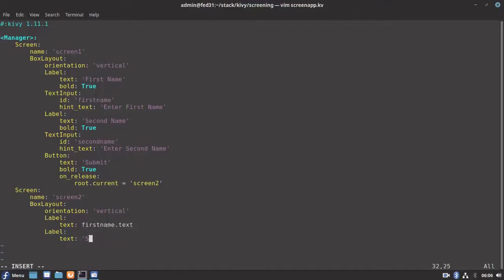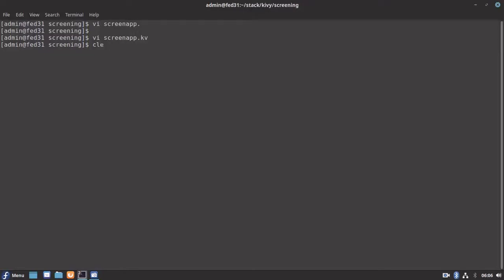Similarly for label 2, the second label, we will use the second text input instance, second name, the text. With this, in our second screen we will be able to see whatever content we have input into our first screen. So let's save it and execute and see.